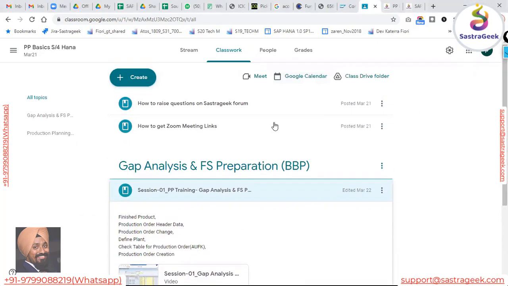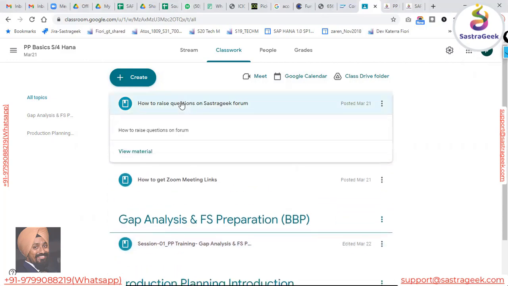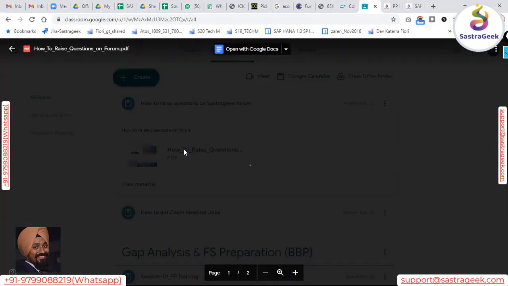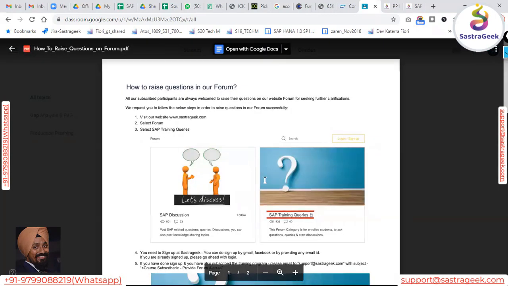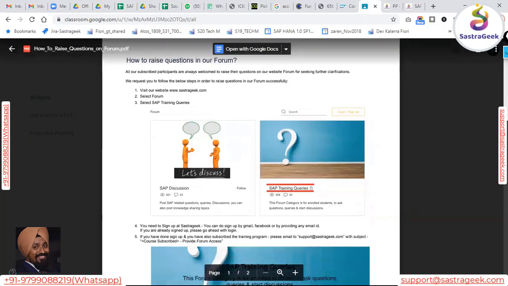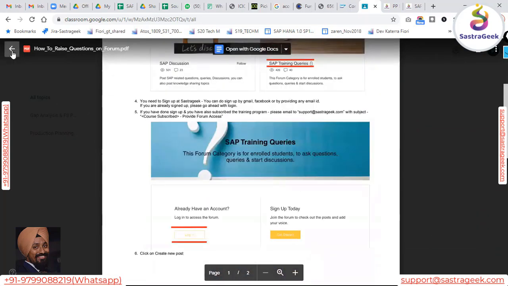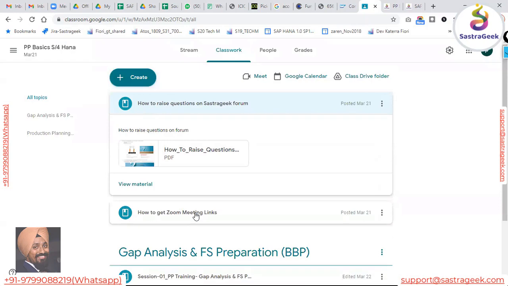Here I have explained how you can access the forum. We have posted a document here which will guide you on how you can get access to this forum, where you need to go and where you need to click. The complete guide documents would be available here, and more links will also be put here.